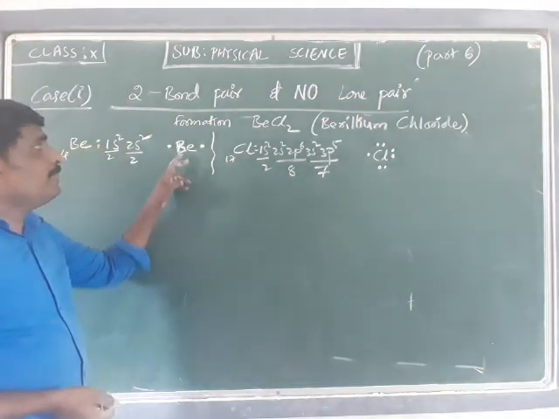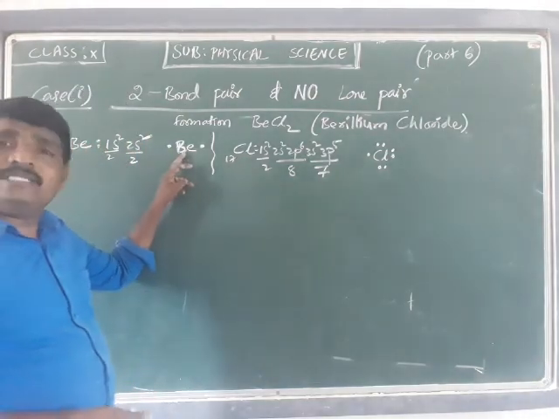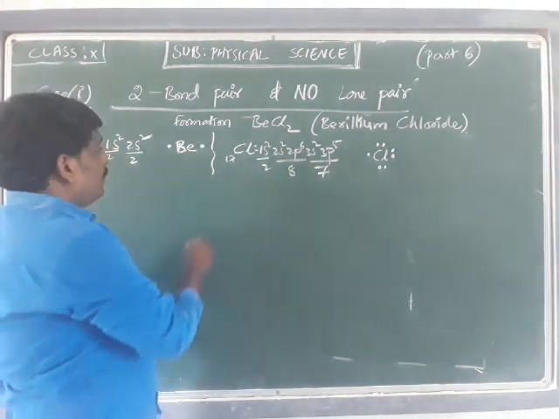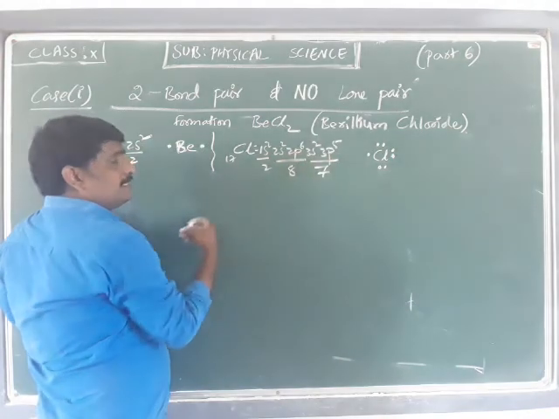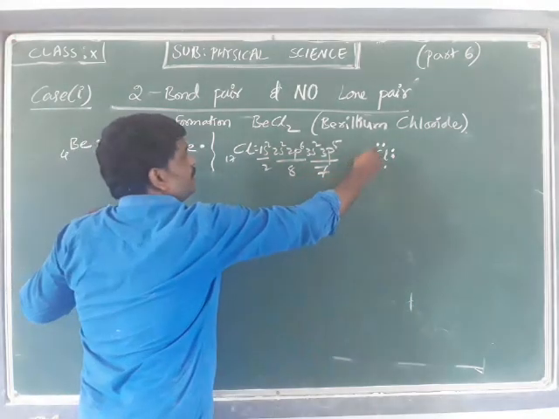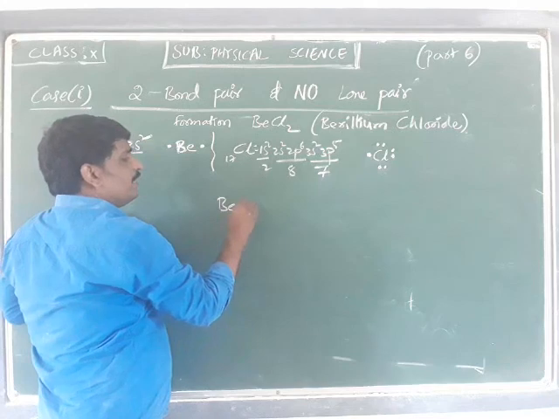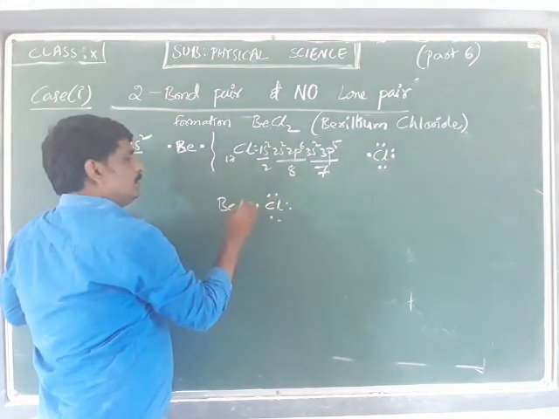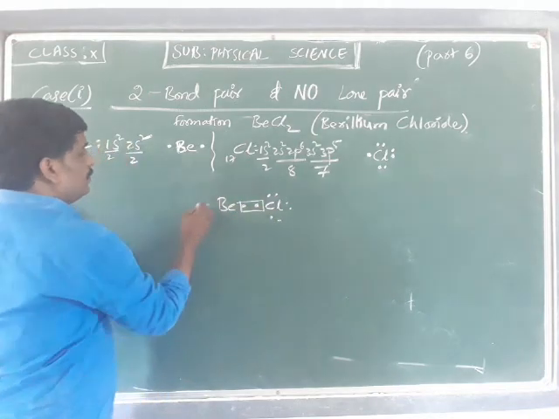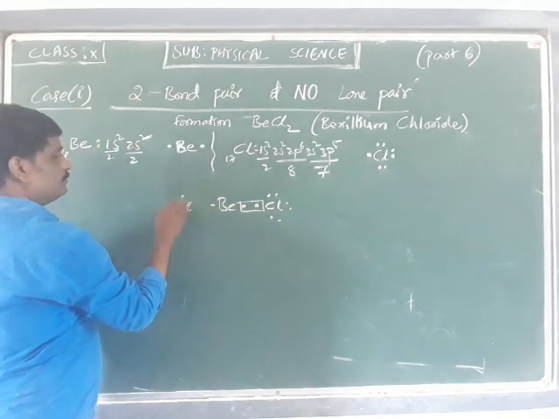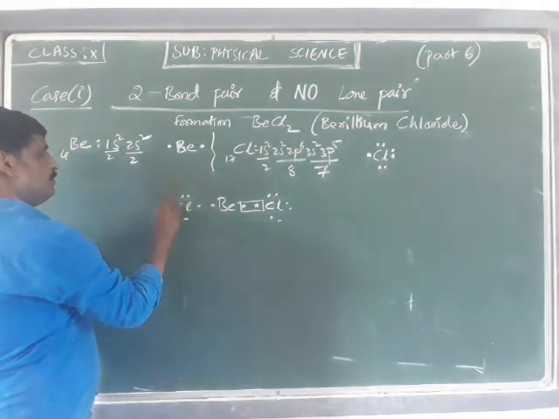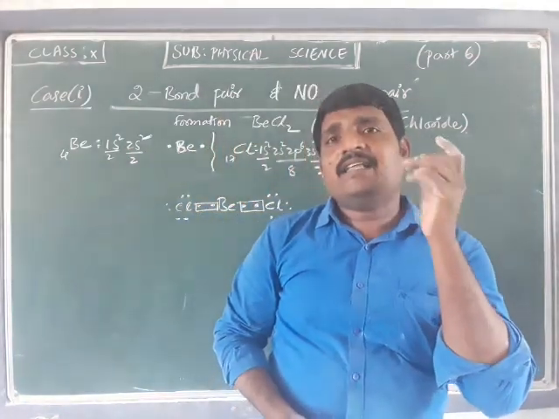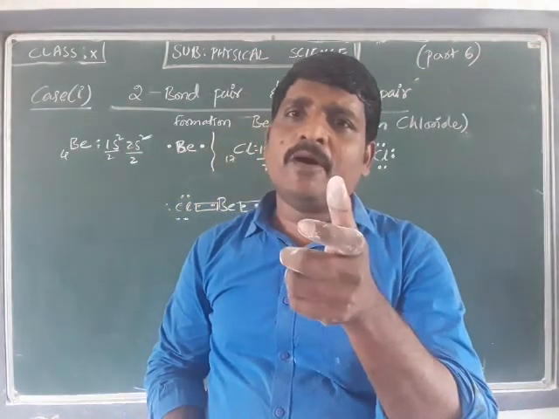Okay, so as beryllium has the ability of losing the 2 electrons, and the chlorine has the ability of accepting 1 electron, that is beryllium. This 1 electron is shared by this one, and this electron is shared by this one. And already we discussed that there exists a repulsion between bond pair and bond pair,